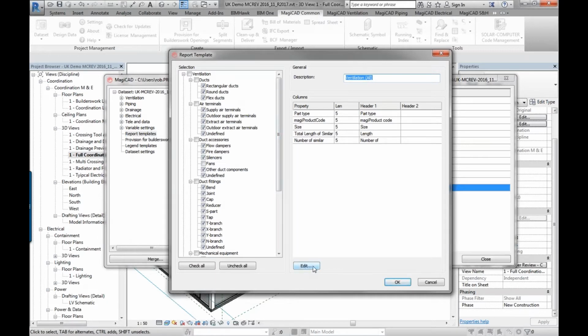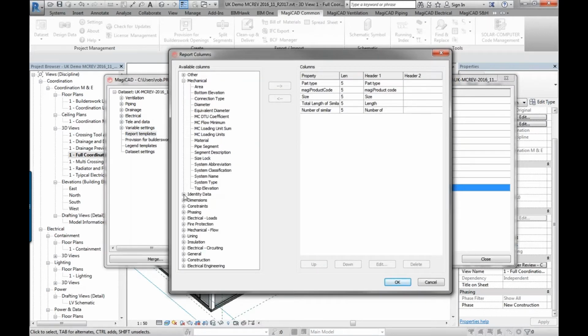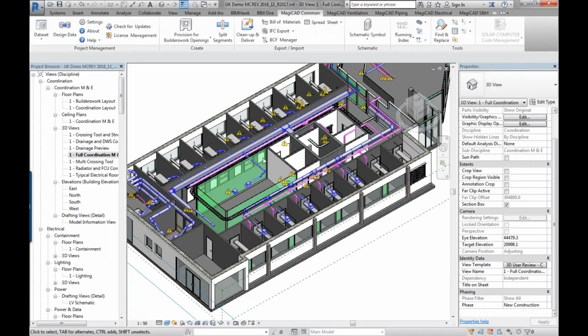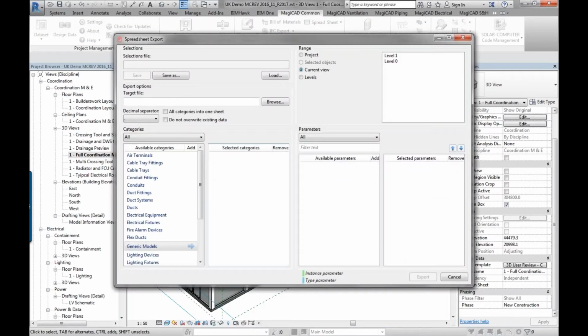So the big advantage over Revit is that Revit doesn't handle its multidiscipline schedules very well, but with this you can configure any category of anything at all. So it could be light fittings and circuits, it could be radiators and air terminals with ductwork and pipework, with light switches and sockets. Whatever you want to do, combine it in there, and you can configure any of this data as well